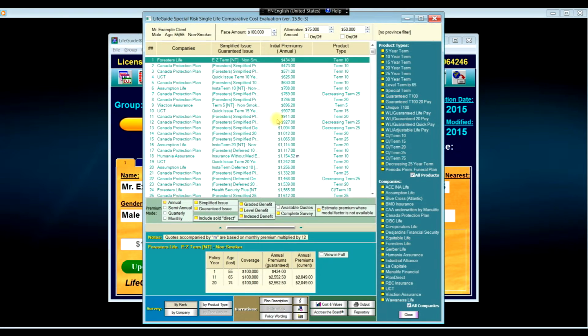Going back to annual, now they're all annual. And likewise, we can go to quarterly. Now, I went to quarterly intentionally here. Some of the products are not available on quarterly, so in order to keep them in the comparison, what we've done is we noted that they're available monthly, and the quarterly figure here that's being shown is essentially the equivalent